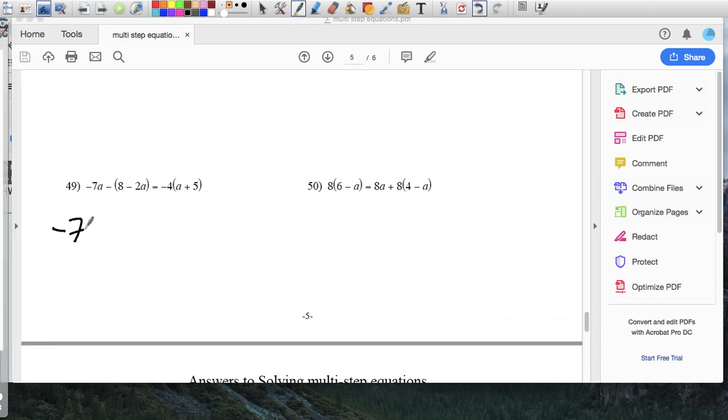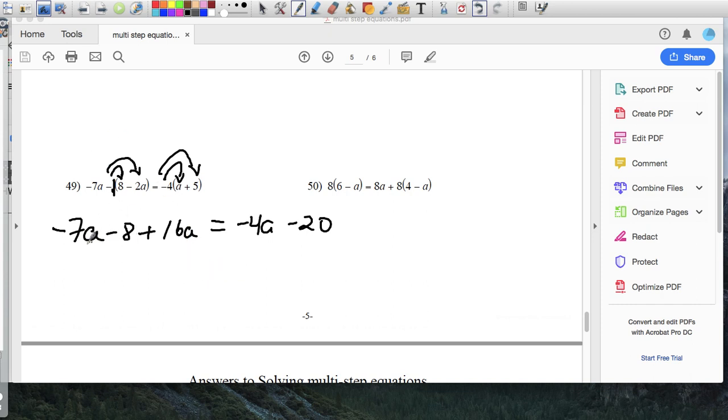So it's negative 7, 8 is just going to be outside. Negative times a positive is negative 8. Negative times a negative is positive 16a. Remember, there is a 1 here, right? So let me just make this a little better. So it's a negative 1 times positive 8, negative 1 times negative 2a. On this side, it's negative 4a, and then negative 4 times positive 5 is negative 20. Once you do the distributive property,